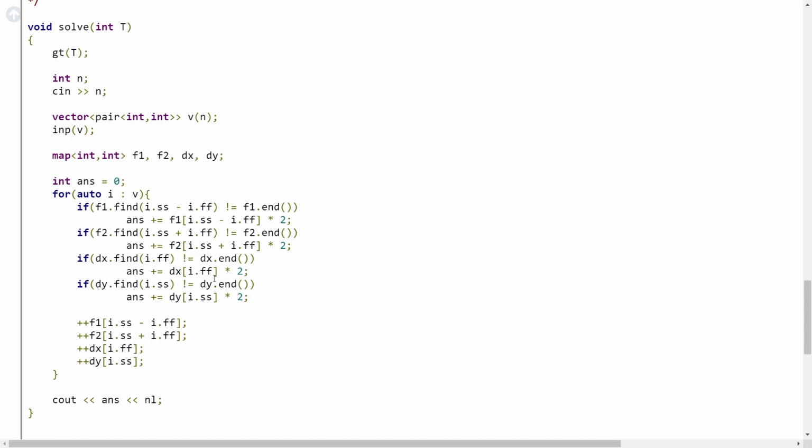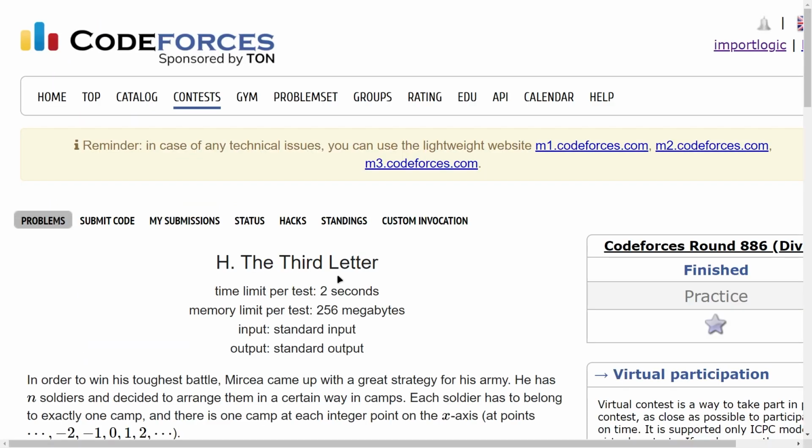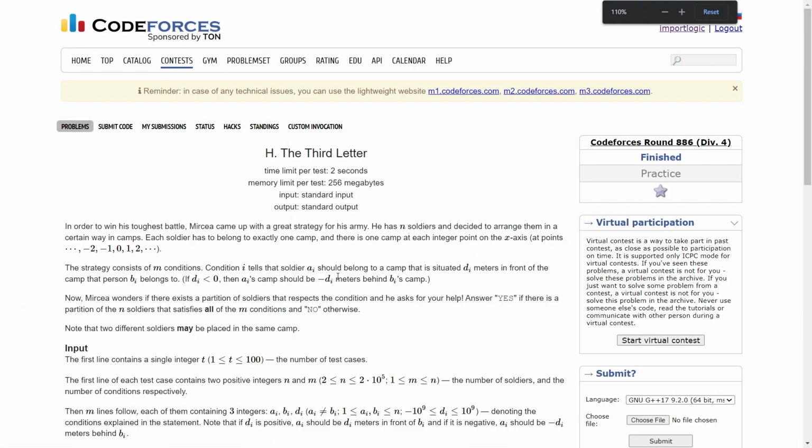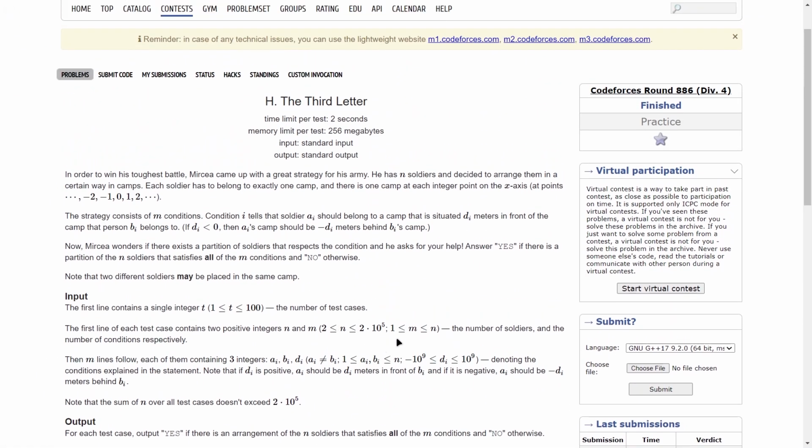All you had to do was make an observation on what happens when we add a new point to our current line, and how can we find all the points that are associated with the current line independently of each other, right? So let me discuss the solution to the last problem. This particular problem can be solved with a graph, and we are going to discuss how it can be solved with a simple DFS. What this question basically tells us is, there are n soldiers and we are going to arrange them in a